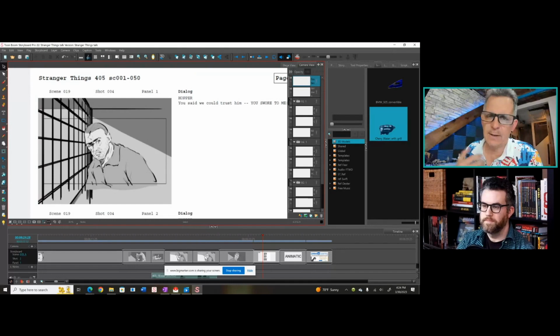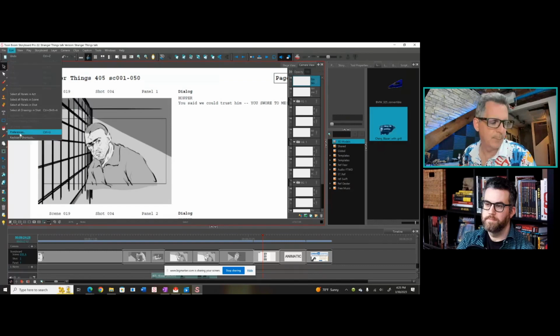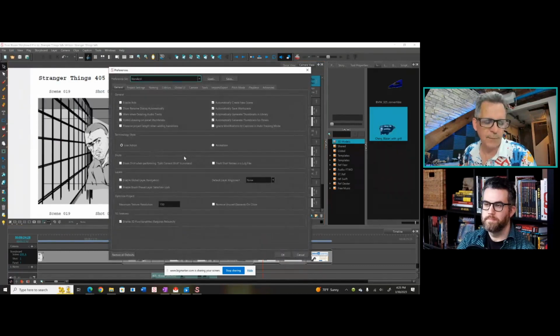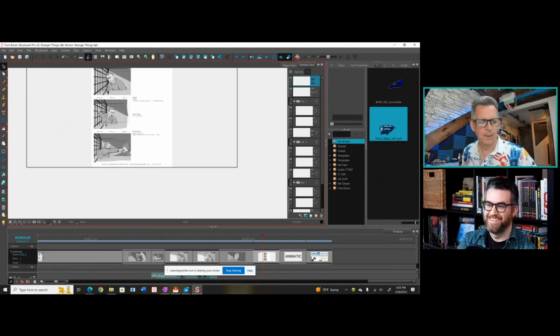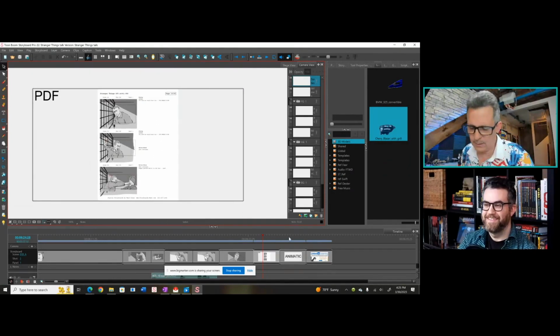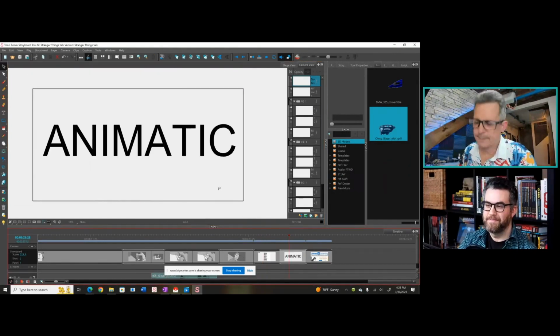Whereas in animation, as most of you know, anytime there's a cut, it becomes a new scene. So you have to know the differences. And luckily with Storyboard Pro, you can set it up under Edit Preferences, whether you're working in live action or animation, in terminology style. So you can just go back and forth and it'll number properly for you. So thank you guys for setting that up so wonderfully. I'll send them that, and then I'll also export an animatic.